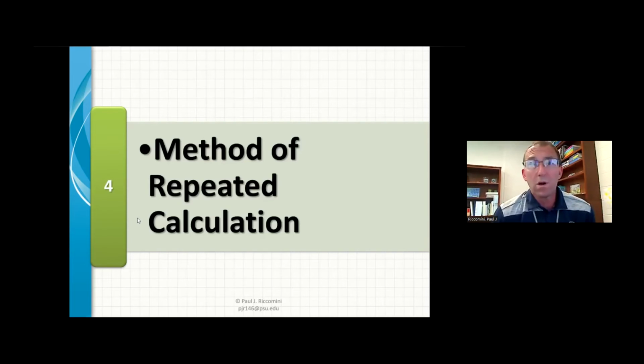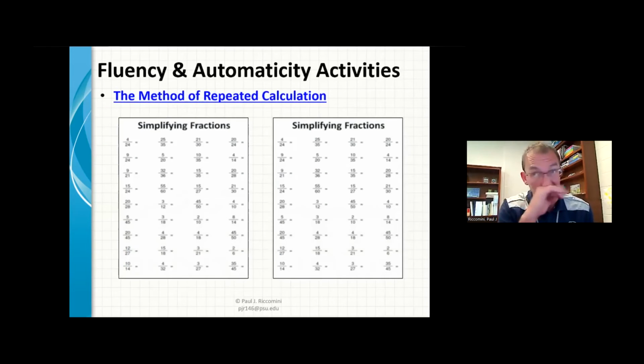In your packet at the end, this is a little harder to do via Zoom, but you're going to give the kids a worksheet. I just said simplifying fractions for this one, but this could be integers. It could be addition facts. This is close to the sprints in Eureka, but they're going to have a cold and a hot opportunity. The cold is the first time, the hot is the second time.